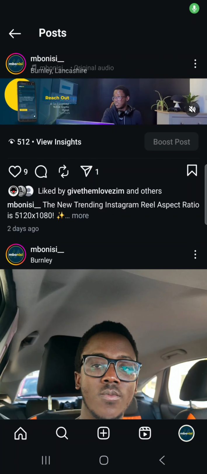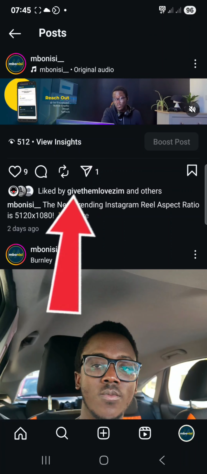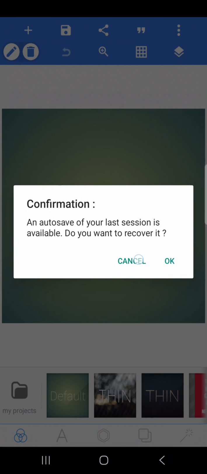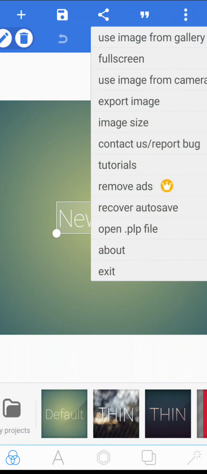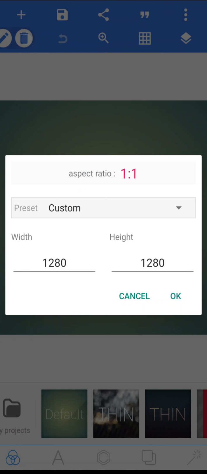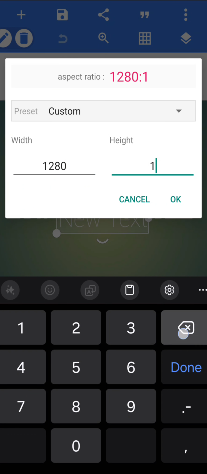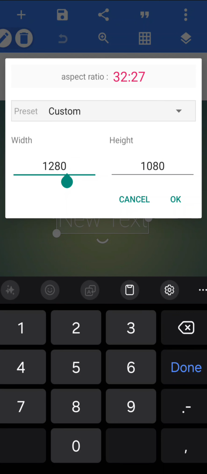It is possible to actually edit this kind of video in CapCut on a mobile phone on Android. So for example, you've got PictoLab, right? All you can do is come here, then you have to change the image size, so that you get some appropriate dimensions. So the height of the video is 1080, and what is the number? They say